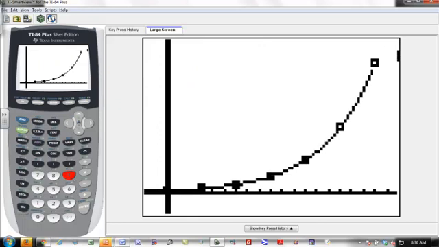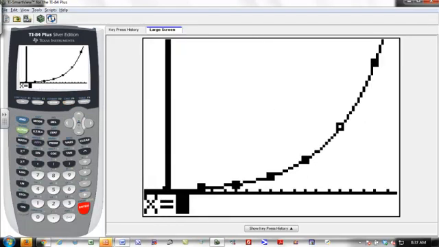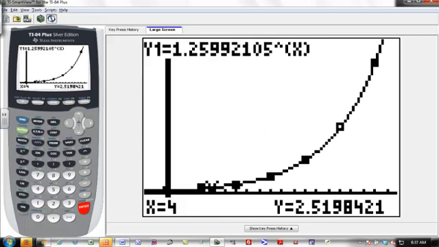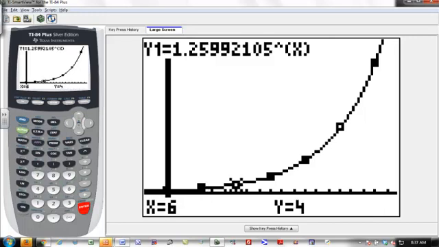But what do we think about the graph that we just found? What do we think about the equation that we just found? Does it go through the data? If I said second calc value, I wonder how many bacteria we have at 4 hours. Oh, not 4 hours, 6 hours. Oh, our graph matches exactly the data that we had tried to model. So, taking the natural log of all the y data and getting a linear line shows us that the relationship